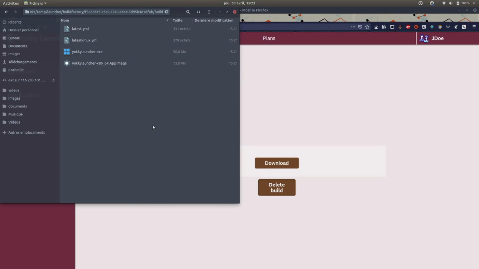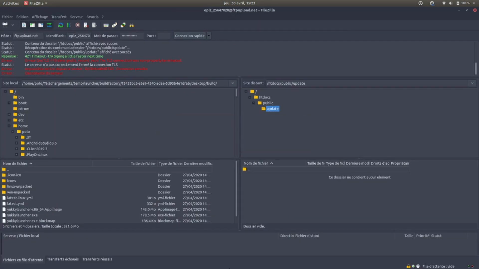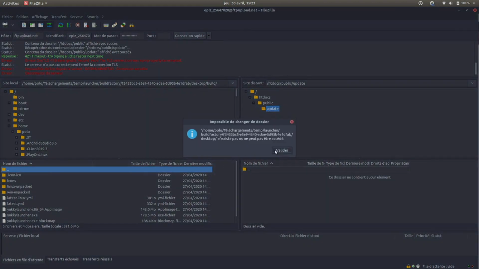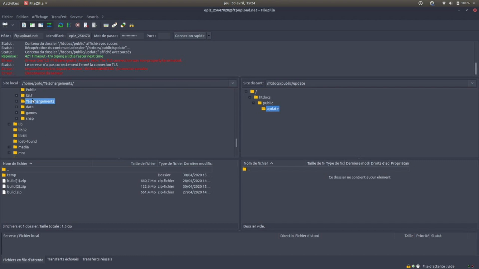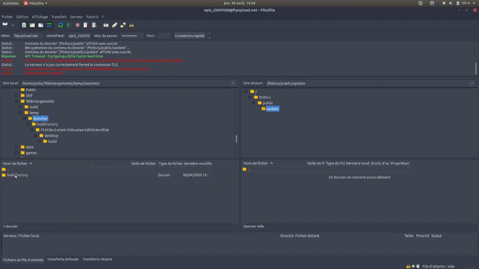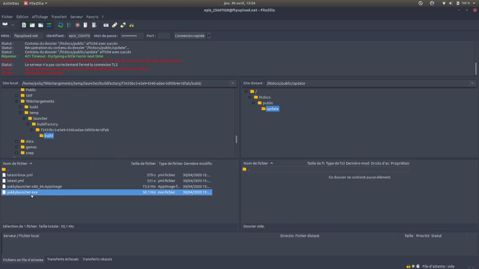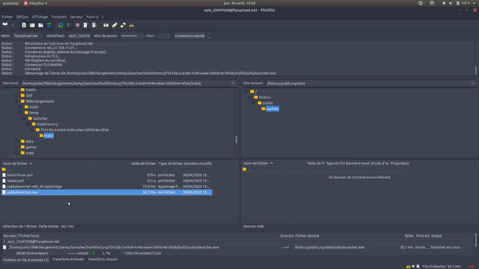So what we can do now is go back to FileZilla, and let's go to our downloads and to temp, and what I will just do is upload